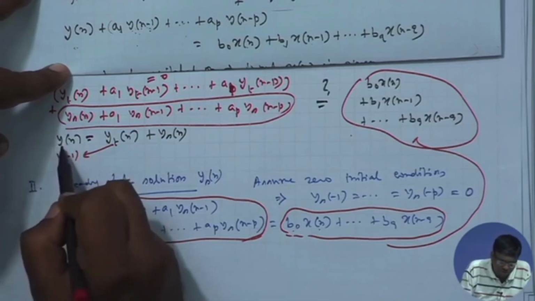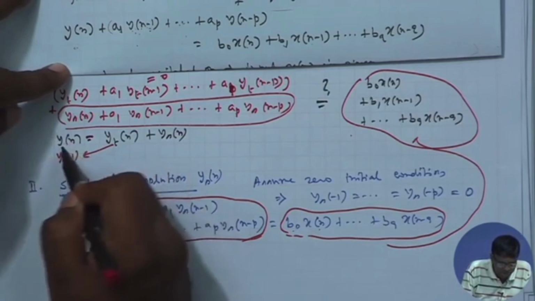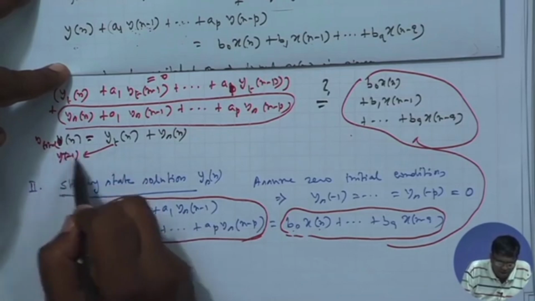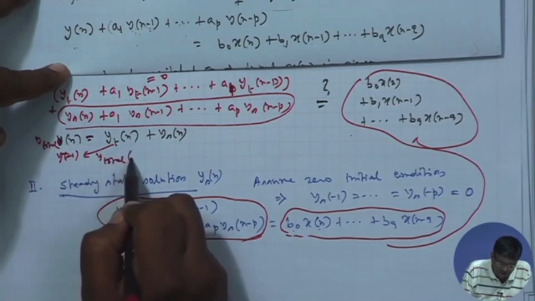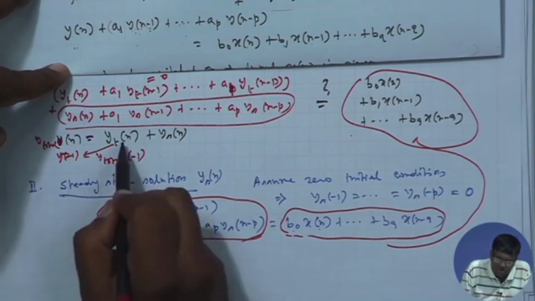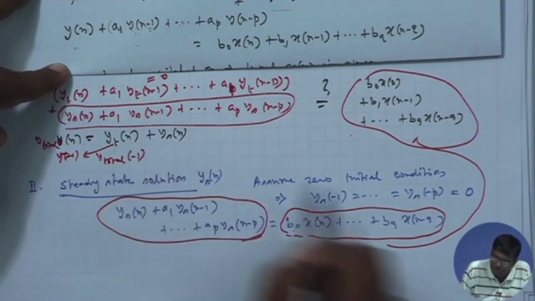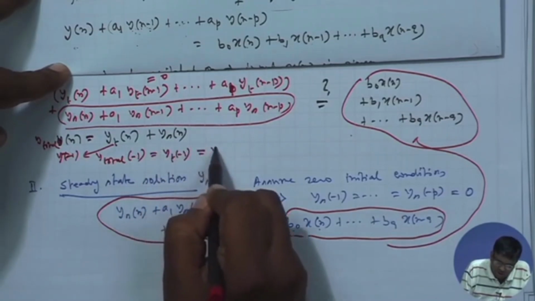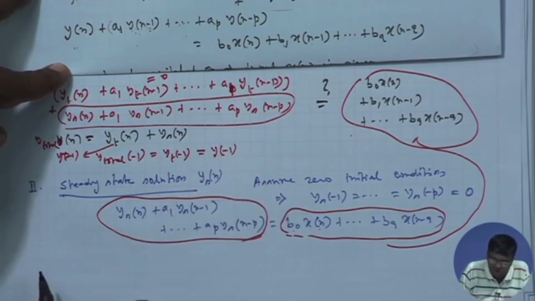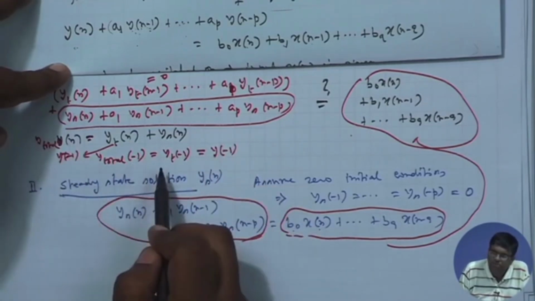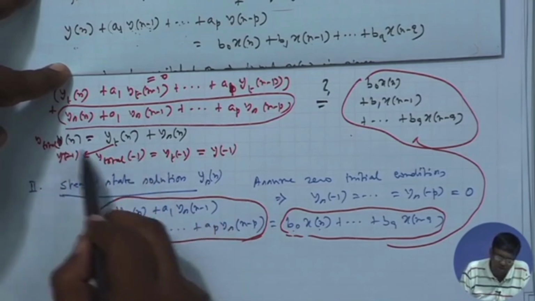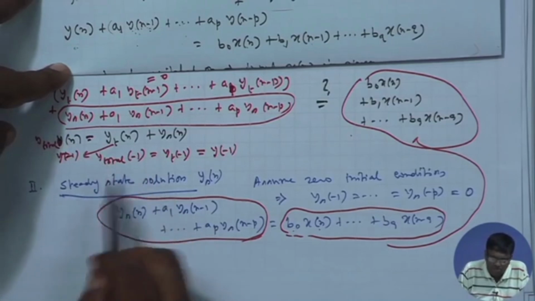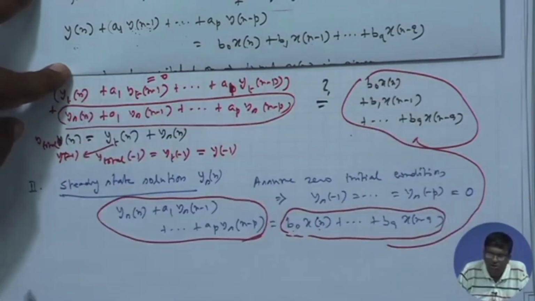Okay, y minus 2. This y, if you call it y total, say y total n, then y total minus 1 is the same as y t minus 1 plus y s minus 1, but y s minus 1 was 0. So it becomes y t minus 1, but y t minus 1 was taken to be the given initial condition y minus 1. So this total solution satisfies the initial condition at minus 1, similarly at minus 2, minus 3. That means it satisfies all the initial conditions, and also it satisfies this difference equation, because the left hand side,